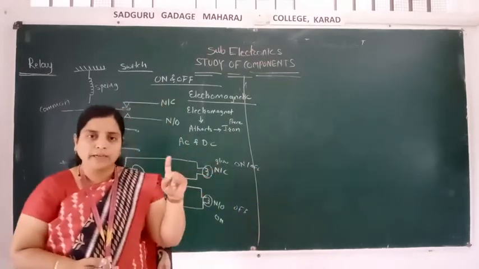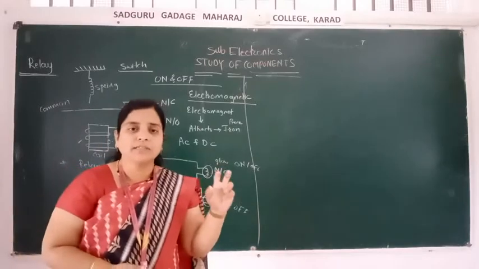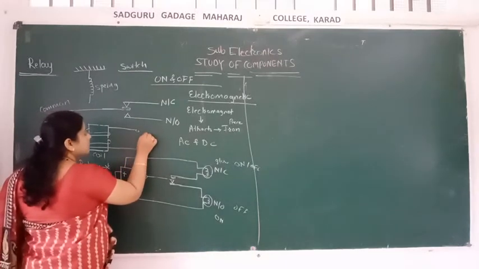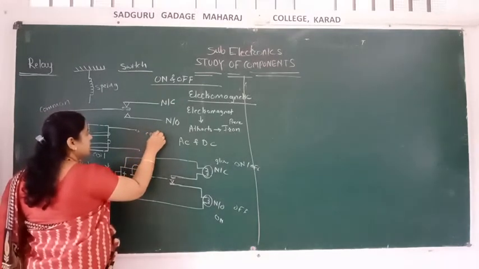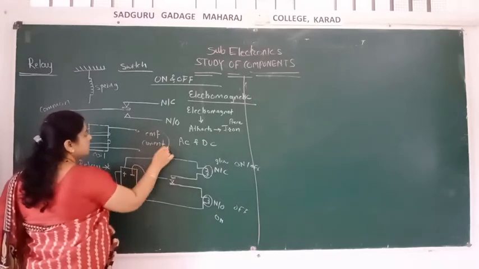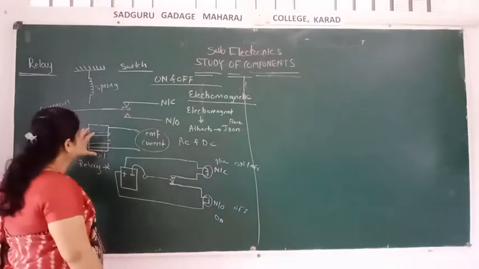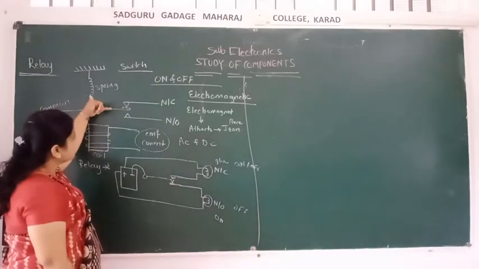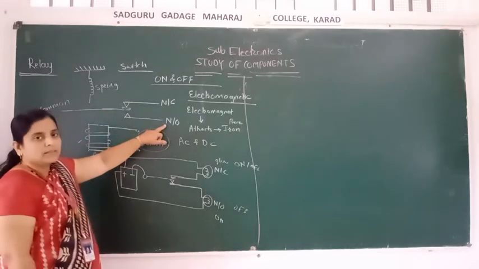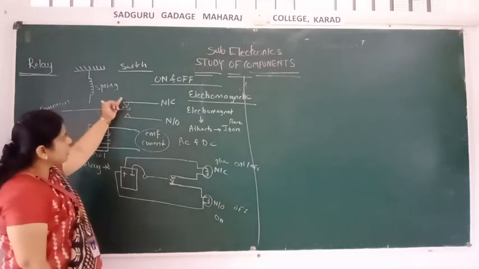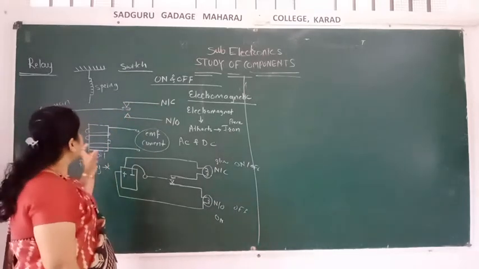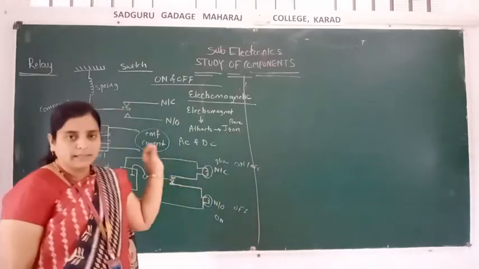Because of the magnetic field, it produces the EMF. Here is the coil. So coil, what happened? It produces the EMF, and because of EMF, current flows. If current flows, then the bulb will glow. Okay, because of this coil only, this common line will touch the downward side and normally open will be there. If it goes to the upward side, it will be normally closed. Okay, so this much part you have to study in this chapter.